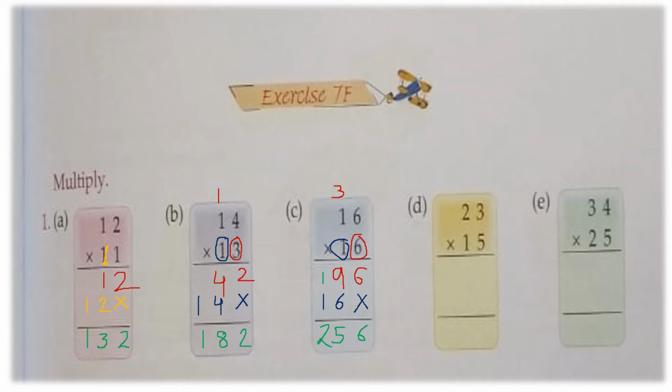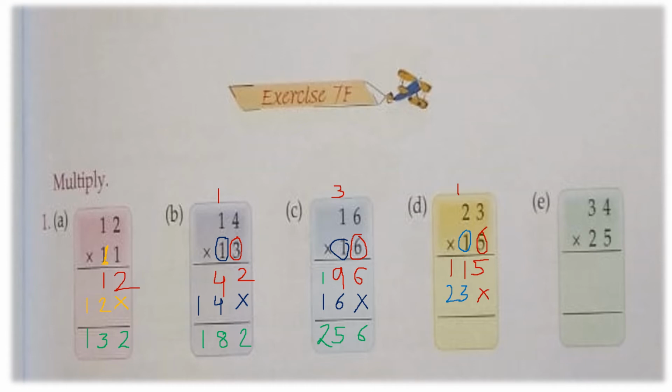Now see the D part, children. Again 23 multiplied by 5. This you have to do first. Now 5 times 3 is 15, 1 carry. Now 5 times 2 is 10 plus 1 is 11. Then the next number, 23 multiplied by 1. So put a cross here first, children, because now we are multiplying from the tens part. You can see here this 1. 23 ones is 23. So write down this 3 and 2 here.